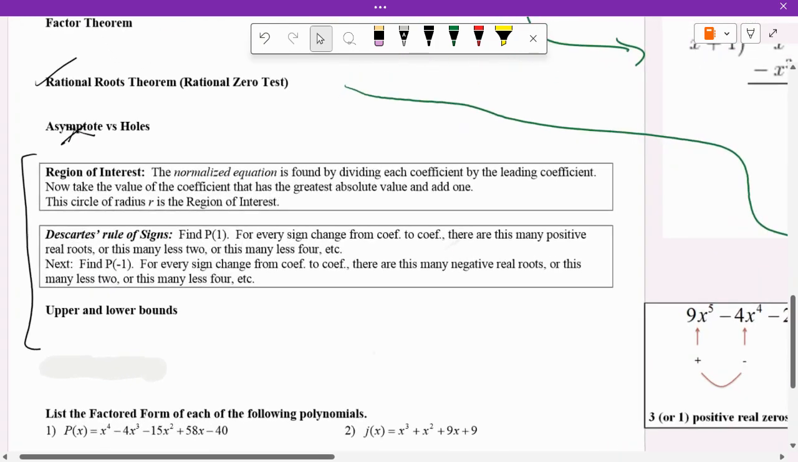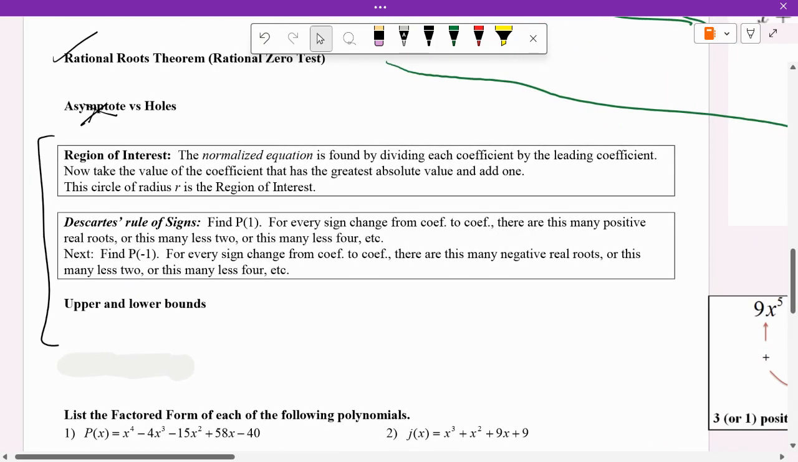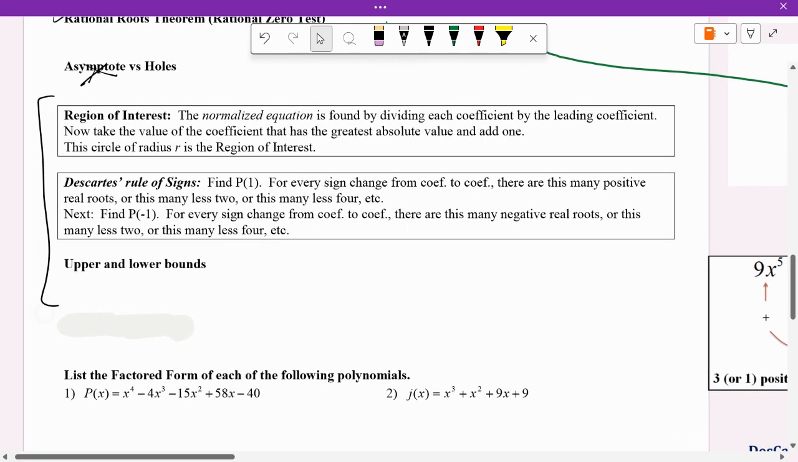All right. So now I want to get into the meat and the bones of this lesson, which is, if we want to start talking about what's called the region of interest. And we also want to talk about Descartes' rule of signs. Does anybody remember learning about Descartes' rule of signs last year? Okay, great. And then we're also going to talk about upper and lower bounds, and we're going to review how